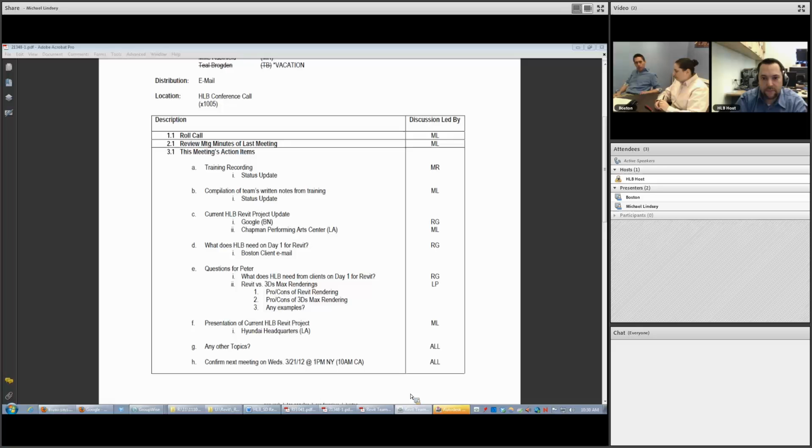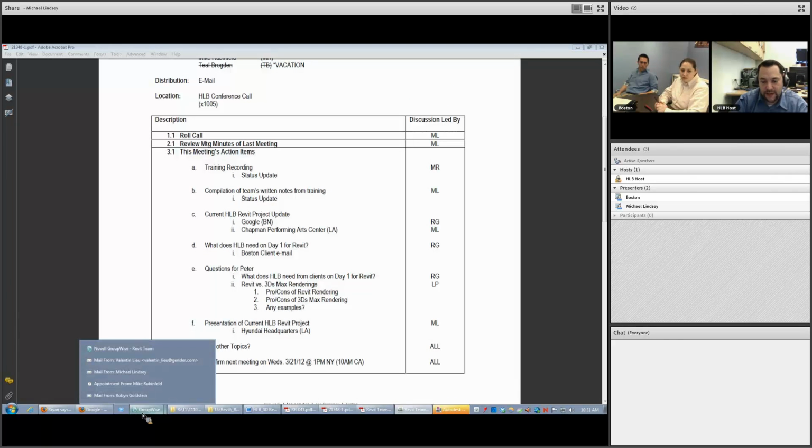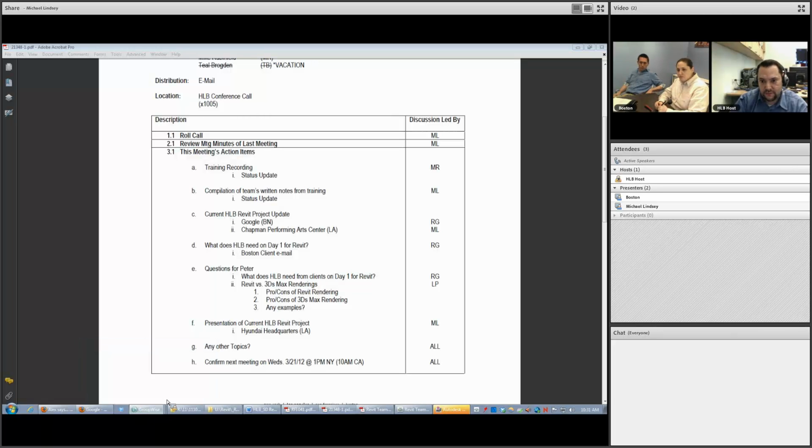Mm-hmm. Yeah, I'll keep everyone posted. Great. Yeah, it's nice that with Lindsay being on two different teams and Barrett being on two different teams, there's a good conduit for the teams to interact with one another. Someone that is up to speed on both things, different initiatives that the different teams are trying to do. So I think it works out really well. Mm-hmm.